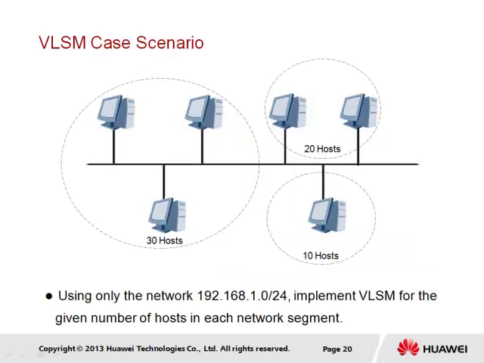We return to the network topology that was used to demonstrate the limitations of classful addressing and attempt to apply the rules of VLSM to the host ranges given. In this case, 3 individual Class C networks are not needed since all networks can be supported using a single Class C network address range, and this demonstrates an immediate optimization of the utilized address space. Using the Class C range of